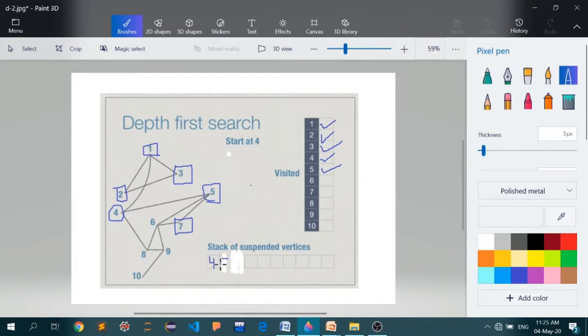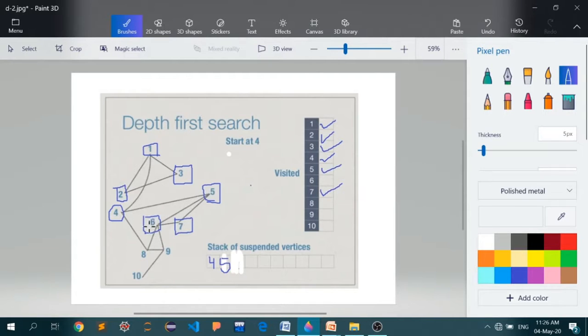So 5 is now on the stack. Now we'll look at all the neighbors of 7. So 7 has 2 neighbors. Sorry, I haven't marked it visited. Now 7 has a neighbor called 5, which we have already visited, and the other one is 6, which is still unexplored. So I will now move on to 6,